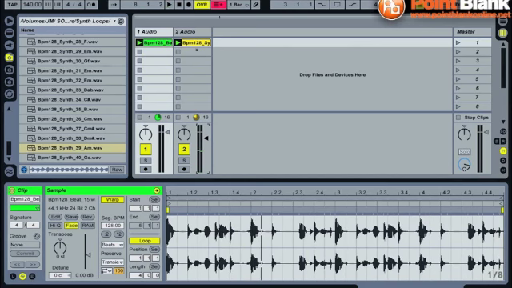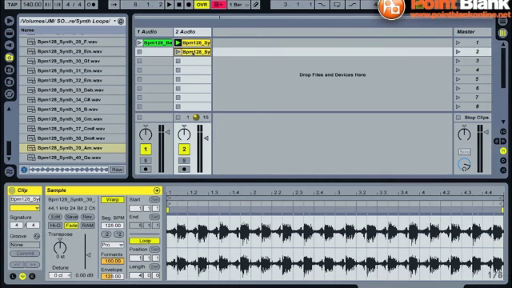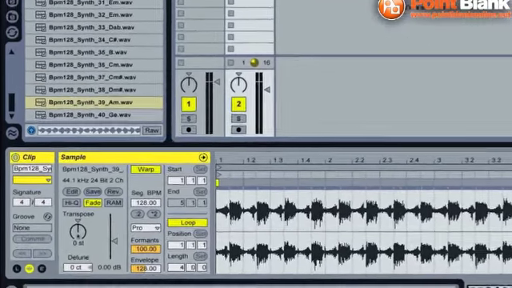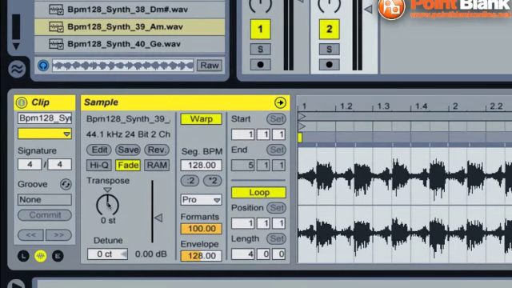Okay, so next thing is to get some kind of variation going on. And I'm going to show you a really simple trick called octave shifting, which is where I duplicate the first clip just by hitting Command D on my computer keyboard. And now I've got two identical clips. The second clip, if I just double click into it, if I just use the transpose function here, and this is just like a pitch control on a CDJ or on a turntable, we can just pitch things up in single semitones. So if I just play this second clip,